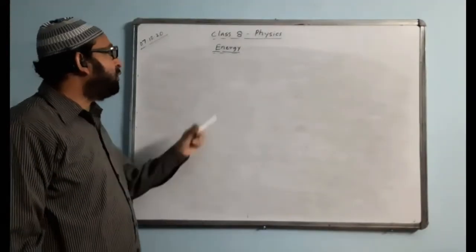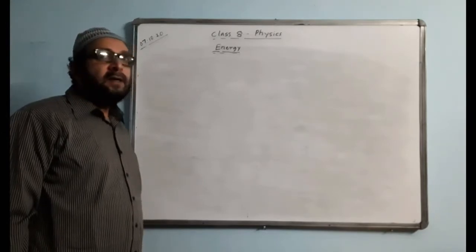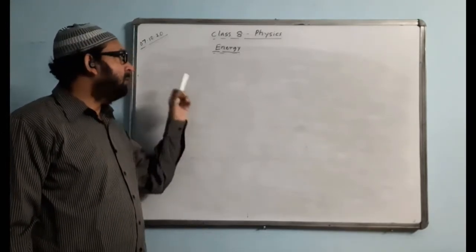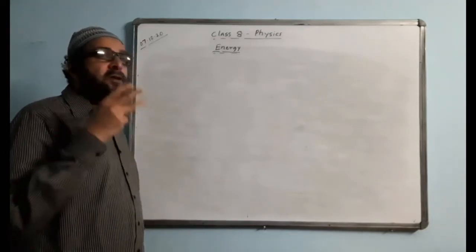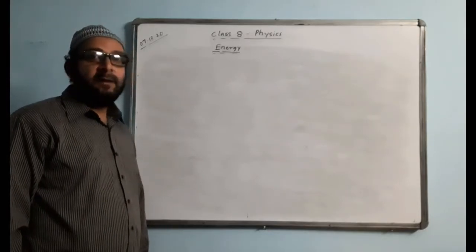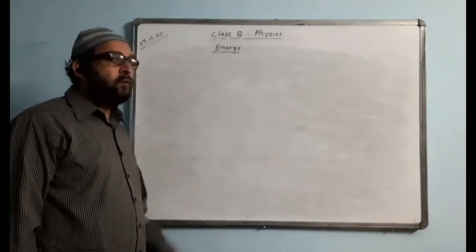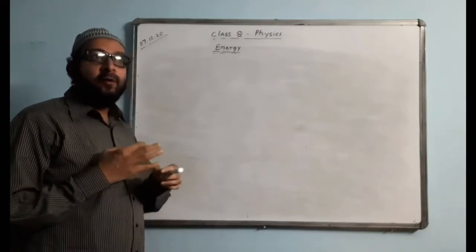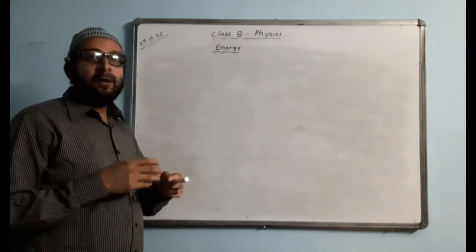Today is the continuation of the same chapter, that is energy. Yesterday I talked about the definition of work and power, and I asked you to write 3 points of differences between work and power. You must have written, and it is there in the book as well. So please learn it well. And I already explained to you. The work formula is force into distance or displacement, and the power formula is work upon time.